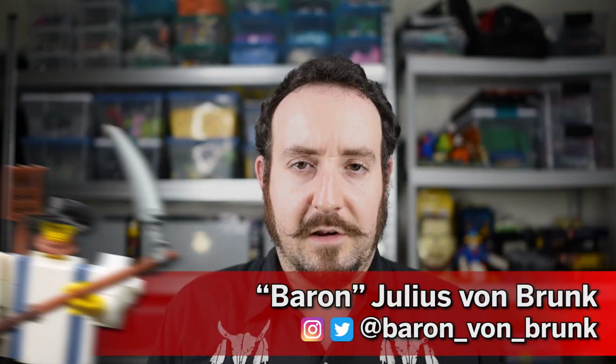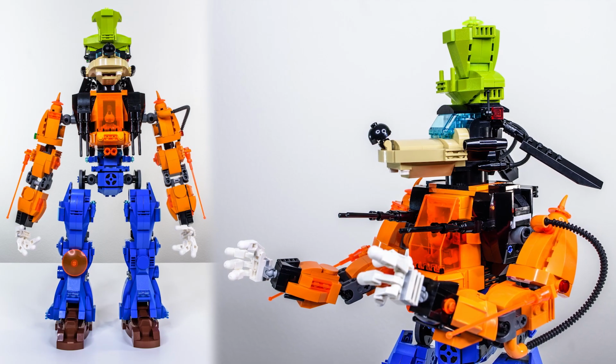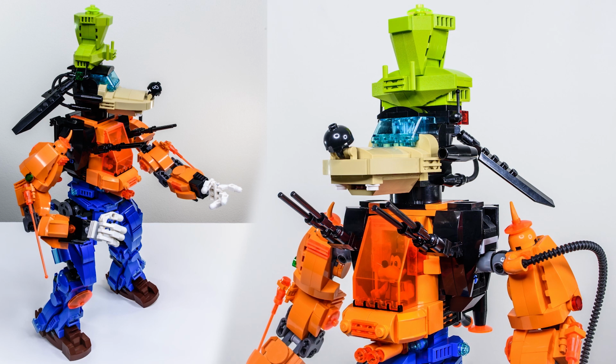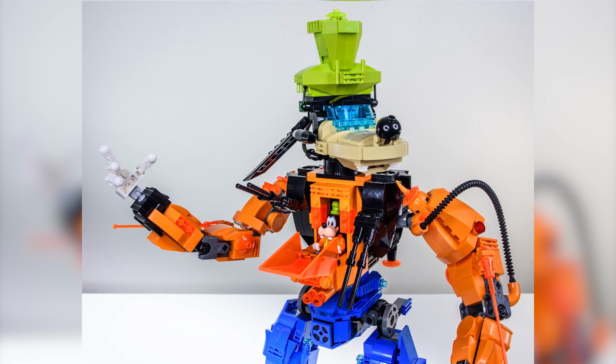Hey kids, it's TV's Baron von Brunk, and I'm here today to share with you my largest LEGO Disney Mech Warrior ever built to date, the Goof Trooper. This particular LEGO creation is possibly the largest robotic mech I've ever built, and one of my most elaborate and articulated works thus far. This was supposed to be much smaller than planned, but sort of ballooned into this lanky